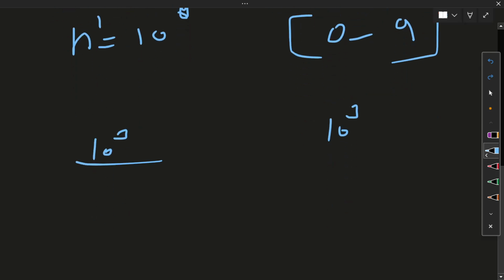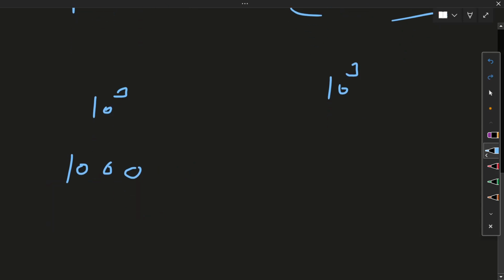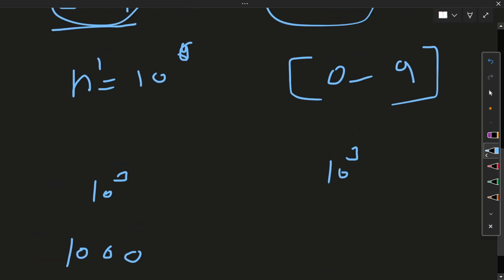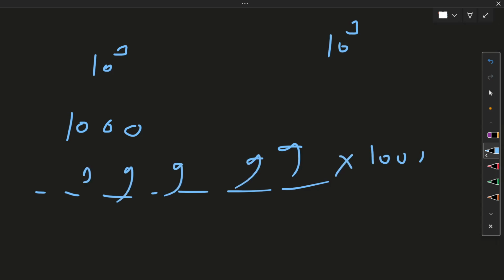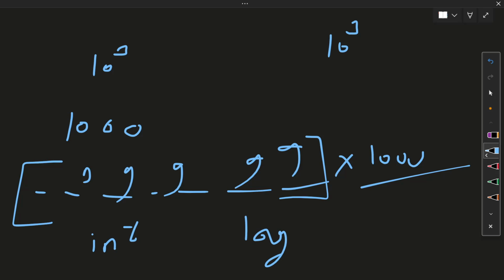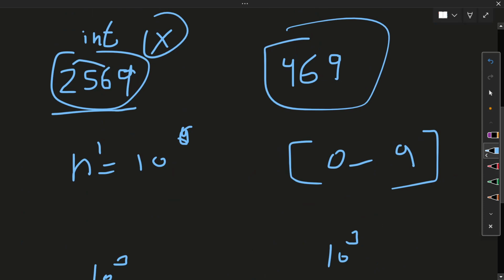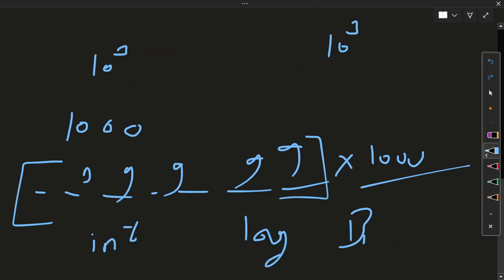So we have this many position slots, and if I place 9 in every slot, 10 raised to power 3 times, it is so large that we cannot store it in an integer or long. If you try to use big integer, I don't know whether it will work or not, but I will solve this question using strings, because string is the efficient way to solve this question.